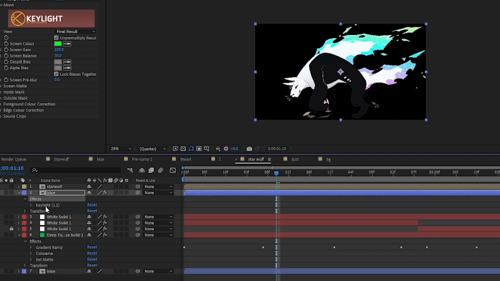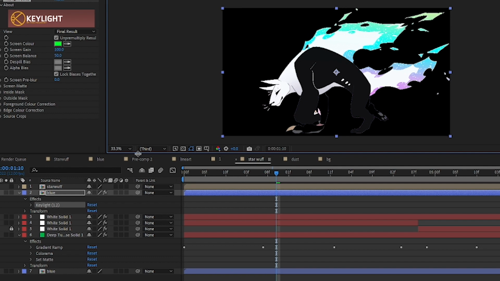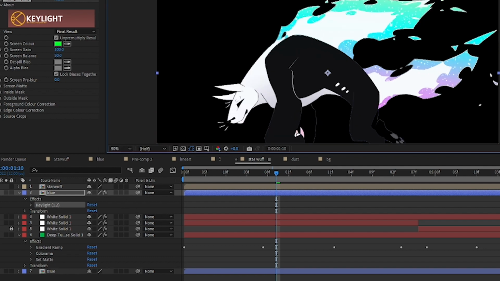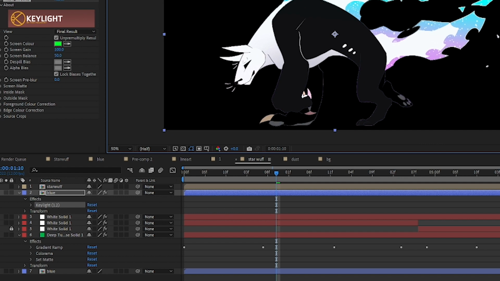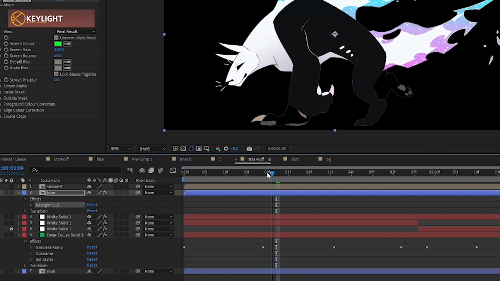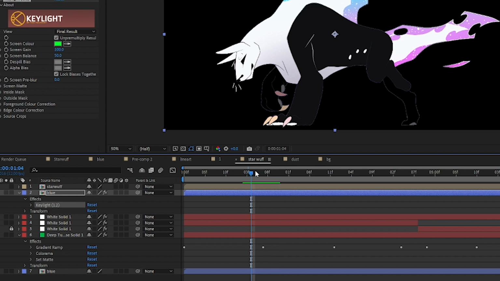this layer I have the green keyed out. So yeah, we have the key light. So you just click that and then you just key out all the green around the fire here. But when I was making this, I noticed something really weird with the color of the claws. So I'm gonna go ahead and zoom in. Alright, let's pick a frame where we can see all the claws. Okay, so we see the claws here. Now if we turn this off, actually no, we'll turn this on. Okay, so these are the colors I want, but